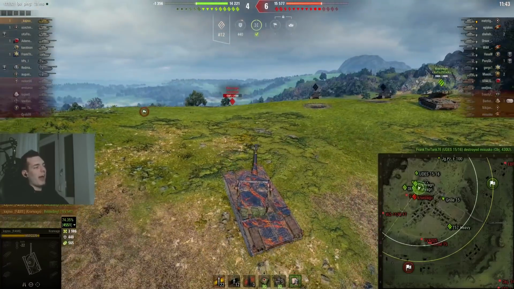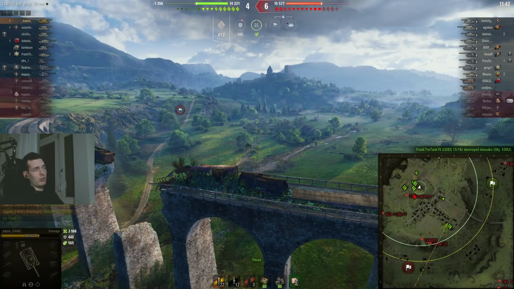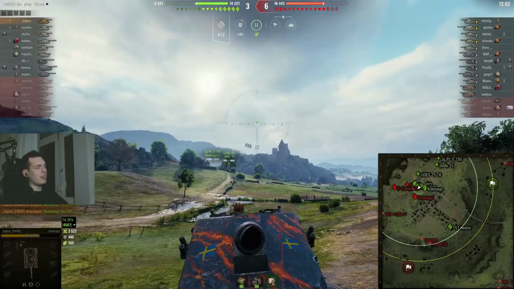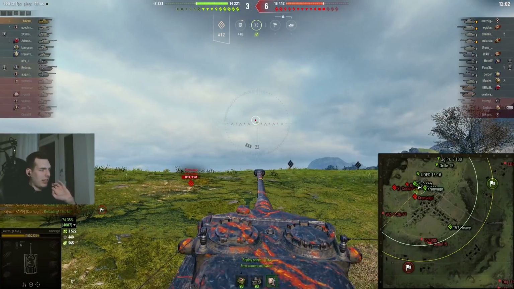Also, guys, you see how I'm angling my cupola? Did you see how I was angling my cupola on the Kranvagn, guys? Always do that. Doesn't matter what kind of autoloader you're playing. It's always worth it, but especially on the Kranvagn, when you see those little cupola weak spots here, left and right, you need to basically hide them. And by angling the turret like this,